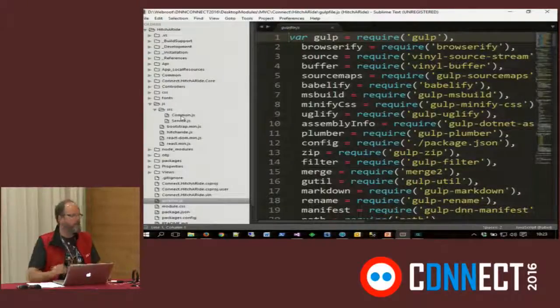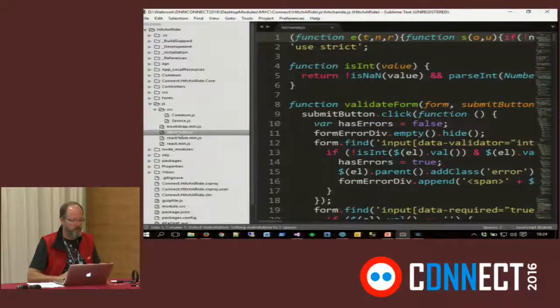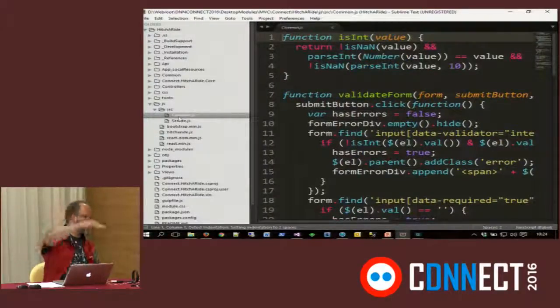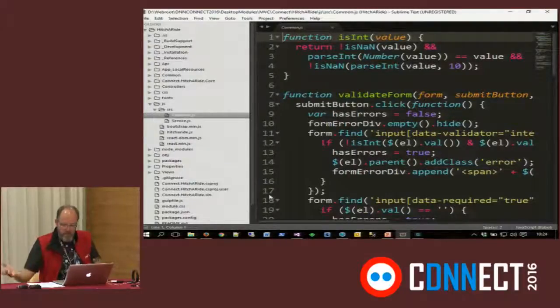as soon as I change something there, it will compile a new script here in HRide.js, and that is the JavaScript file that goes out to the client. So there's a bit of tinkering there to set yourself up completely before you start really developing your app, to make sure that everything works. So to start off with